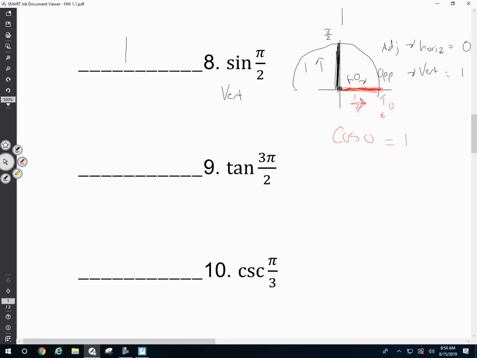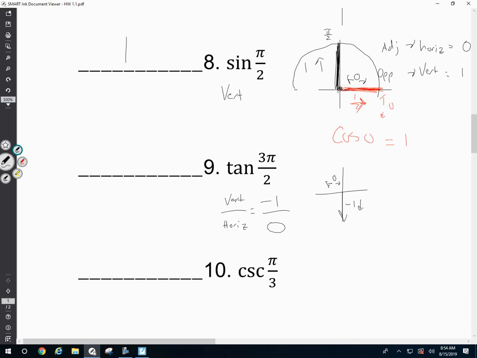All right, 3 pi over 2. Another extreme, 3 pi over 2 is down here. Tangent, opposite over adjacent, vertical divided by horizontal. Vertical distance, I'm going down 1. Horizontal distance, I'm not traveling to the left or to the right at all. So vertical, horizontal,